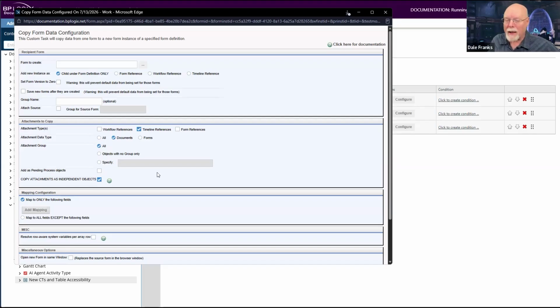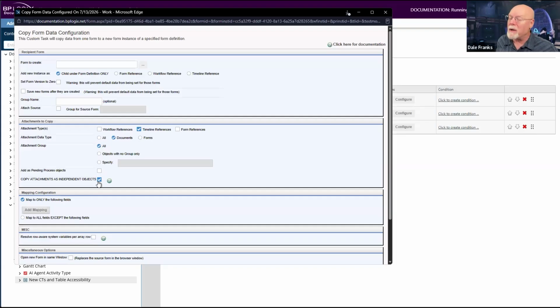That means if I go back and edit the original document, whatever changes I may make to that document are not reflected in any of the copied documents, because when this is checked, they're going to be a brand new copy of that document. So we are now actually copying the document when this is checked, not copying the reference to the original document.